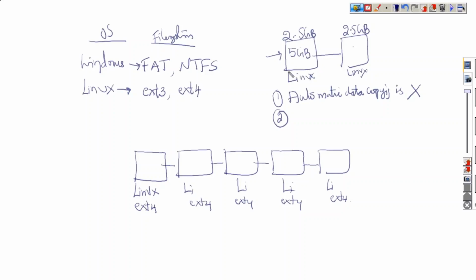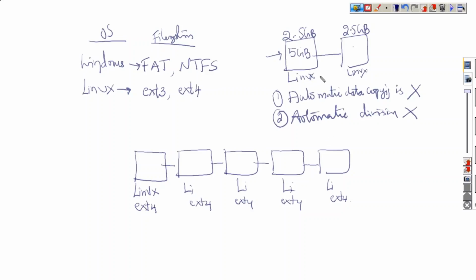Yes, that is possible, but we have to do it manually. It won't be done automatically. We have to divide the data into two parts and copy the first part into one machine and another part into another machine. So automatic division of data is also not possible.